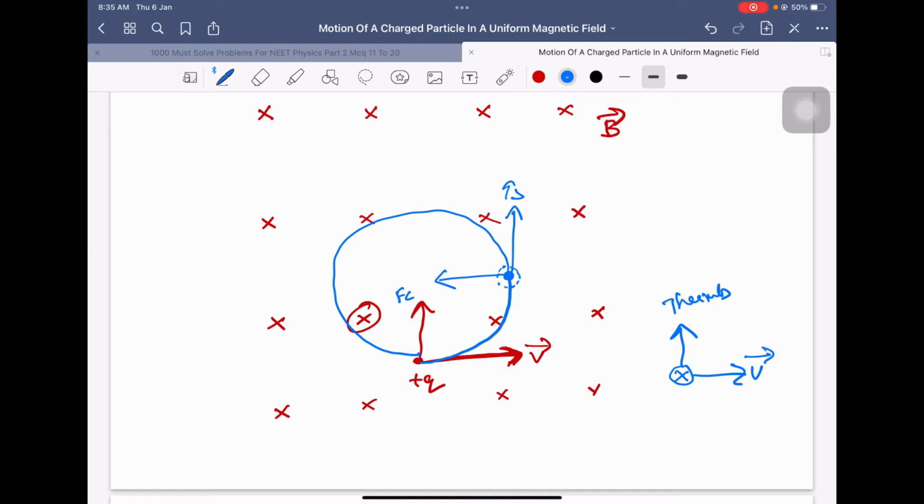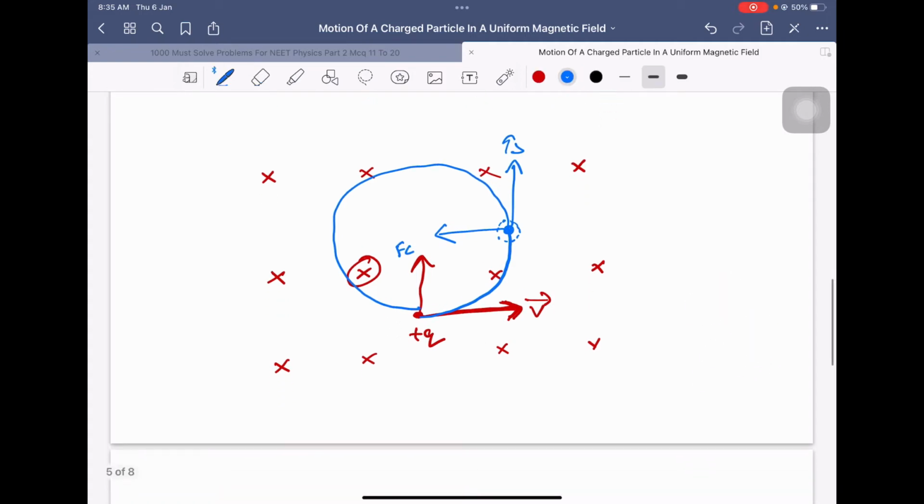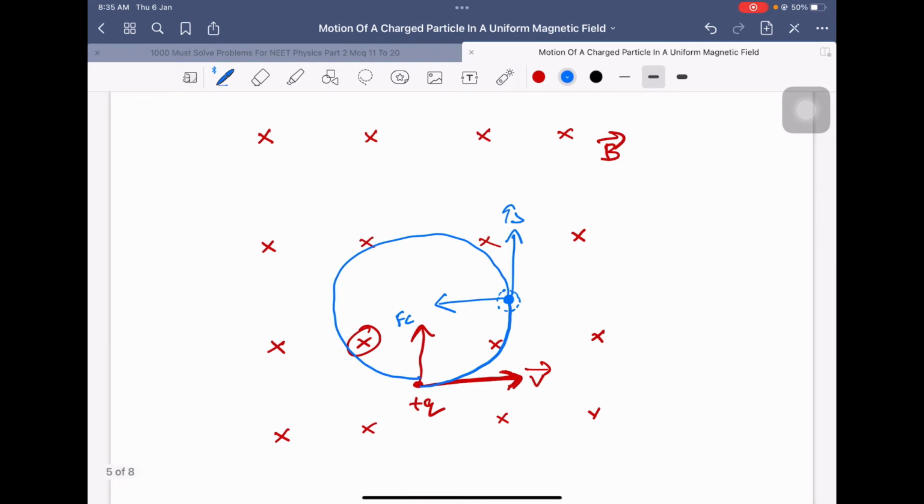Now we will calculate the radius of the circular path followed by this charged particle. Now we will try to understand. When the charged particle is moving in a circular path like this, charged particle is moving like this,